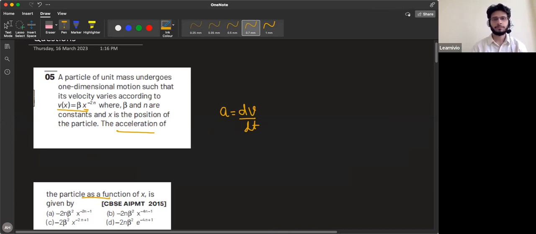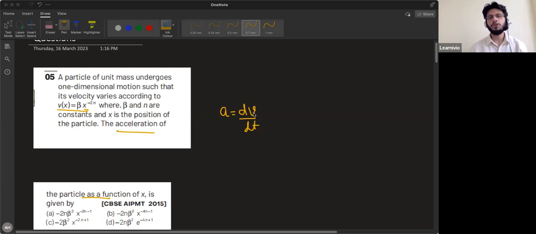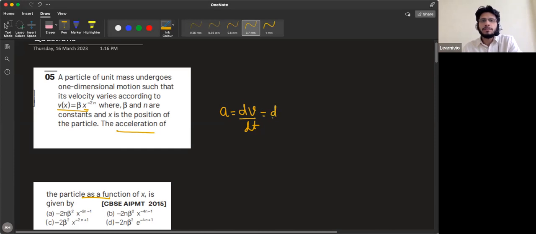Sir, we'll differentiate it with respect to x. See, what we can do is you all have mathematics, so you can use the concept of partial derivatives here. You can differentiate this term with respect to x and then differentiate x with respect to t. So you can simply write this as d over dt of beta x to the power